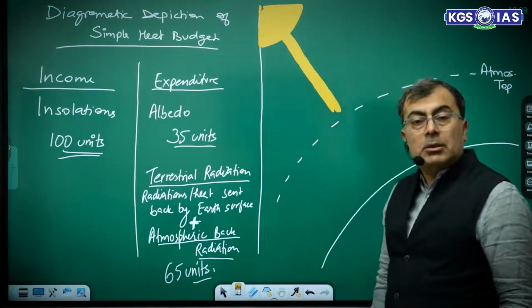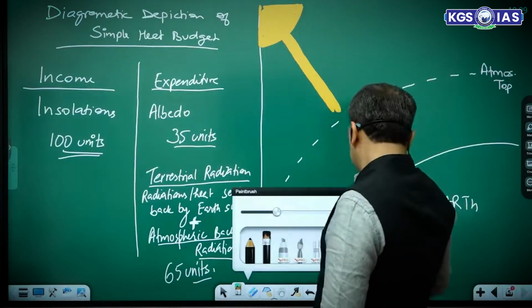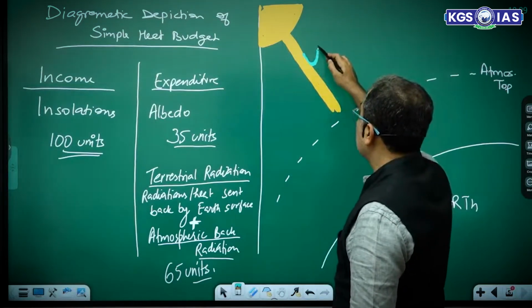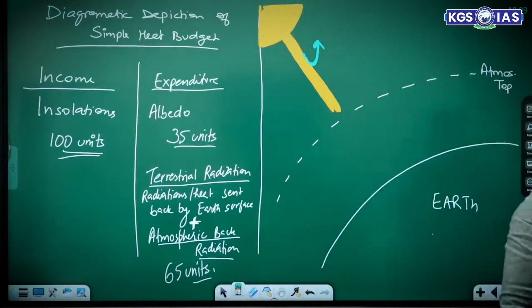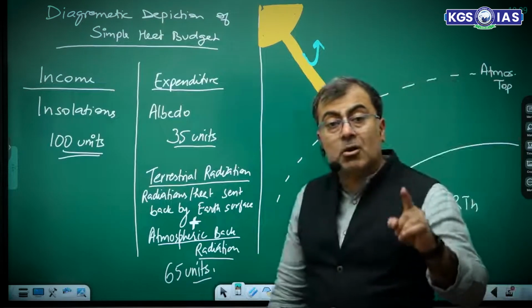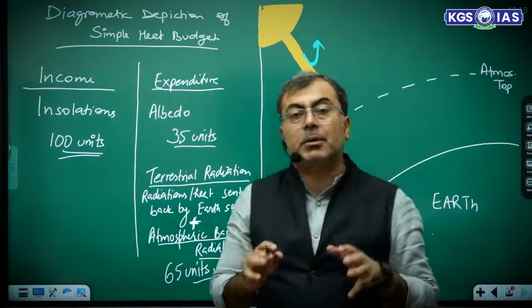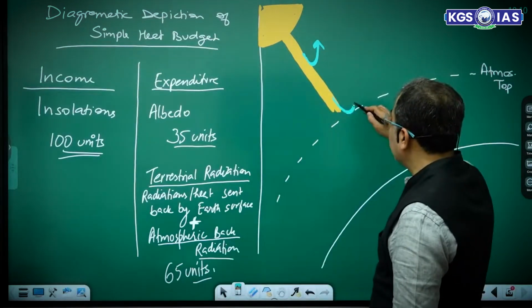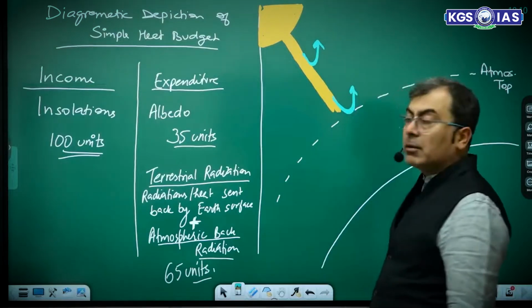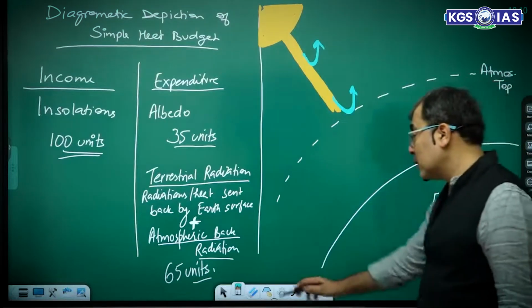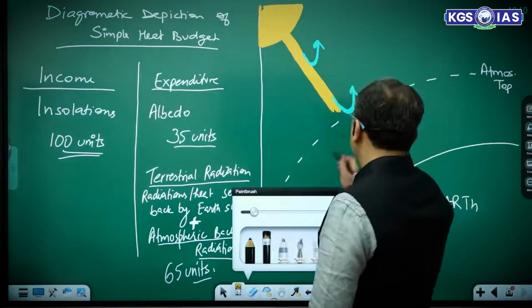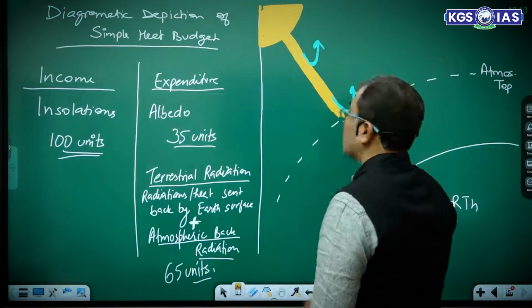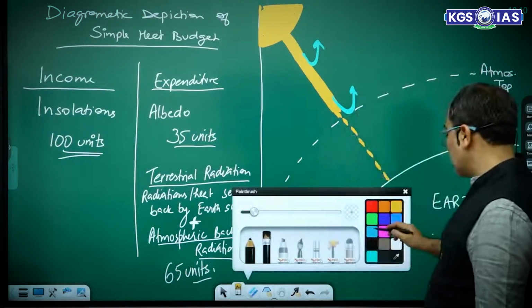Get that? Now some of these solar radiations, everyone please pay attention, will be lost. They will go back. Why? Because they will be dispersed or scattered in space. Space also has dust particles. Some of it will be sent back by the atmosphere. Atmosphere is what? The cloud. Clouds will be there. And this much is now penetrating the atmosphere. But the Earth's surface will also